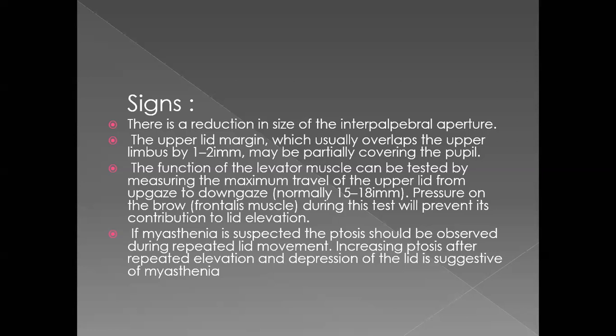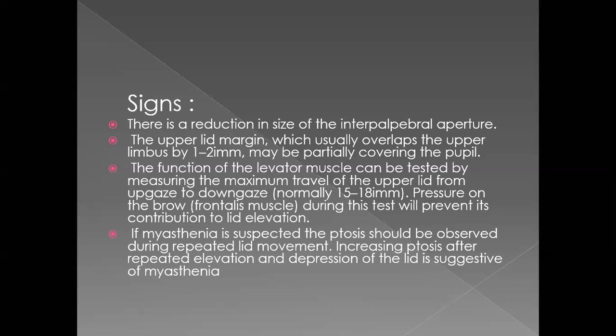Now, if a patient is suspected to have myasthenia gravis, what do you do? I will tell you the practical thing. What we do in the OPD is ask the patient to look straight ahead, and then we measure the degree of ptosis, the severity of drooping of the eyelid. Normally, it should cover 1 to 2 millimeter of cornea. Now we will measure how much of the cornea is covered. This will give you the severity of the ptosis, either mild, moderate, or severe.